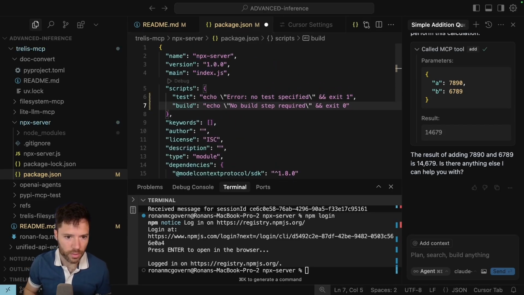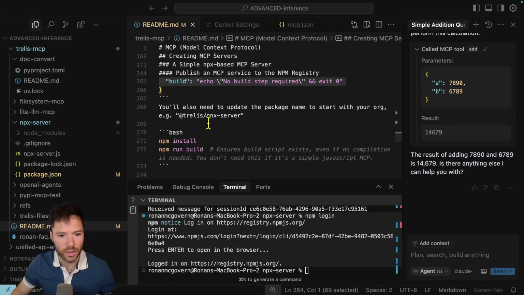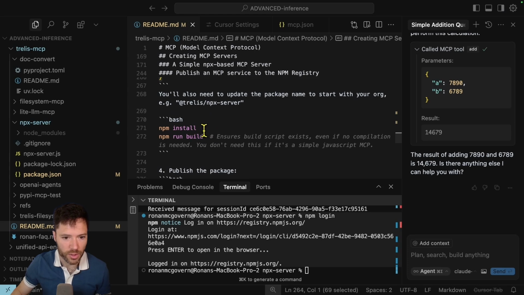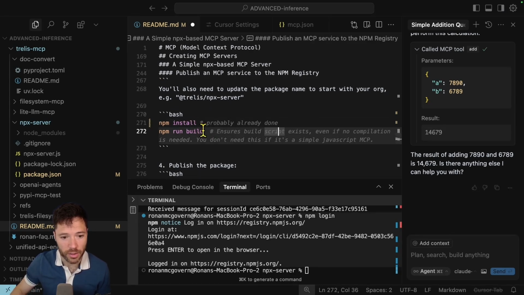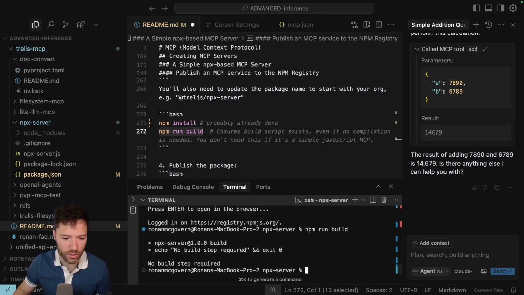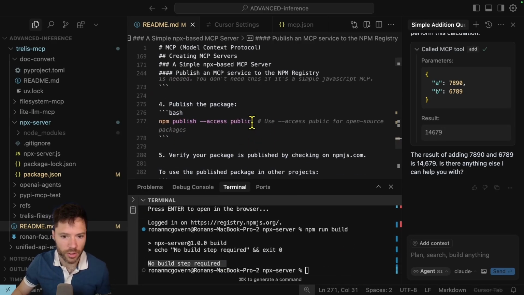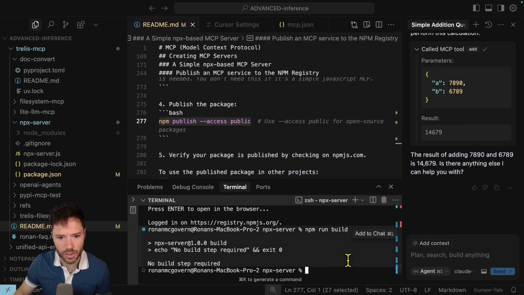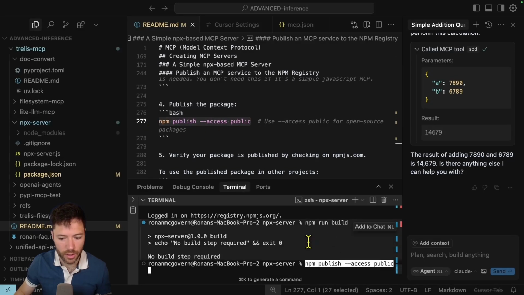Okay. So we've defined just kind of a placeholder for build. And now if I do npm install, which I already have done, and you can run npm build, although that's just going to run this dummy step here that says no build required. We can now publish. So if I do npm publish and set access to public,